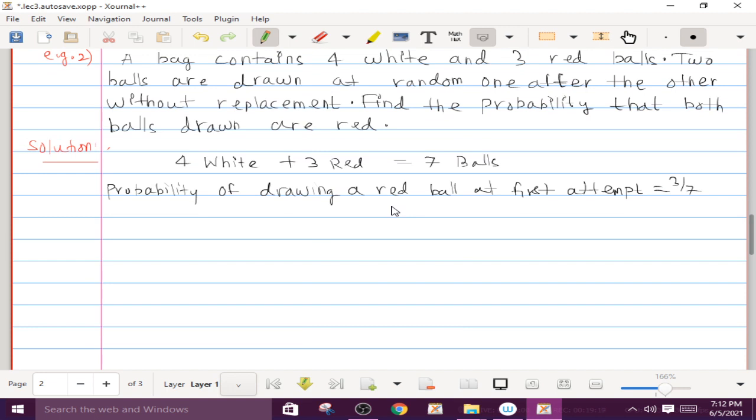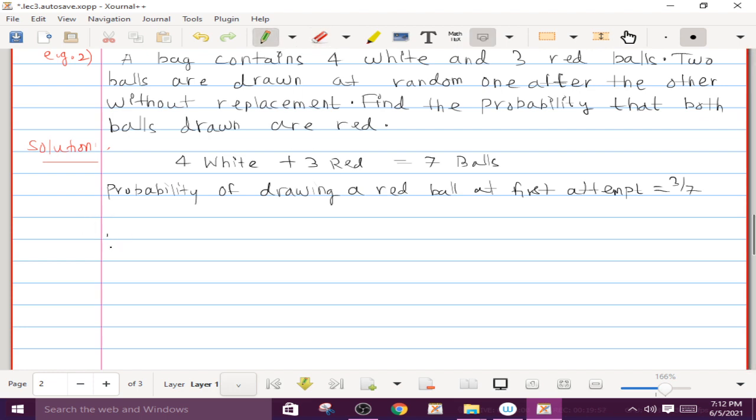ठीक है, हम उसे फिर से replace नहीं करेंगे. ठीक है, तो once you select this, how many remaining balls are there? Only 6. ठीक है, तो next sample जो हम लेंगे वो out of कितने में से लेंगे? Out of 6. Okay. So next probability क्या बचेगी हमारी? There are 6 balls. ठीक है, और रेड बॉल कितने बचे? 2. ओके, तो अगली प्रोबेबिलिटी हमारी क्या रहेगी? 2 by 6. ठीक है, तो उसे लिखते वर्डिंग में लिख लेते हैं.